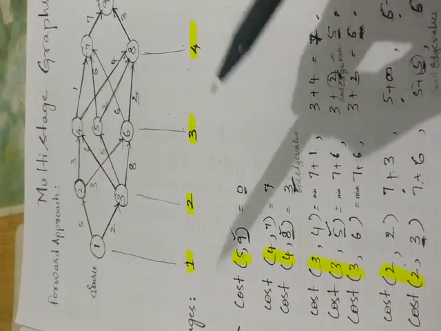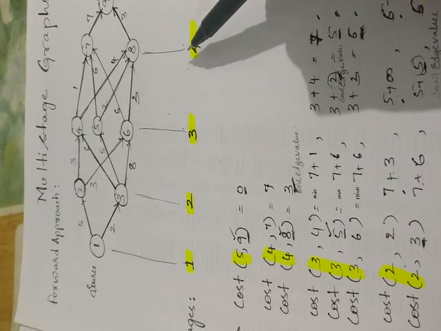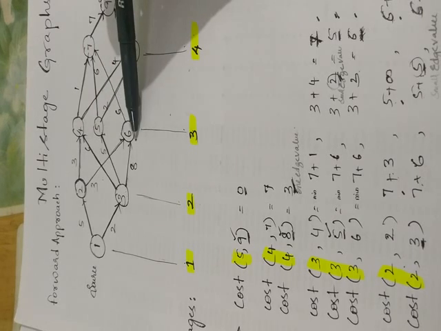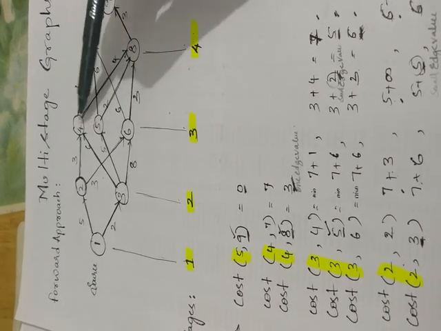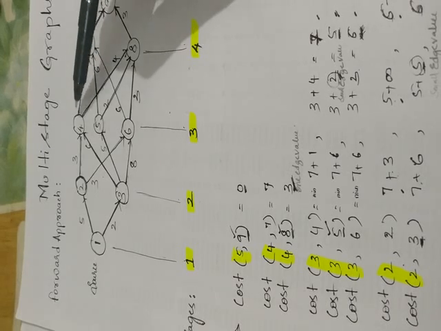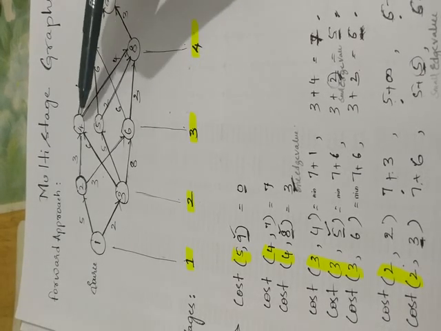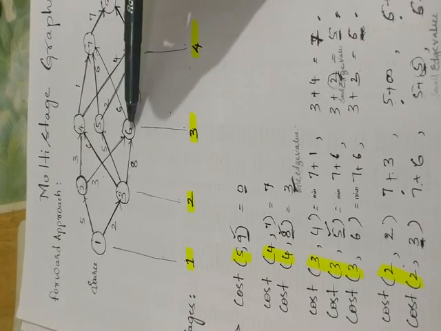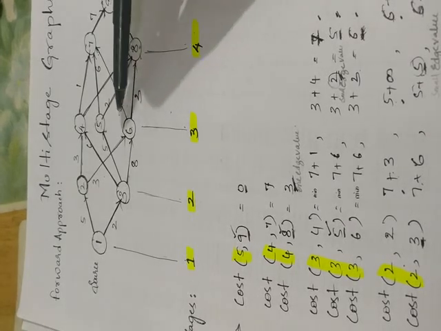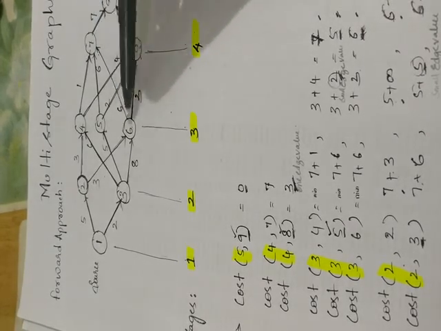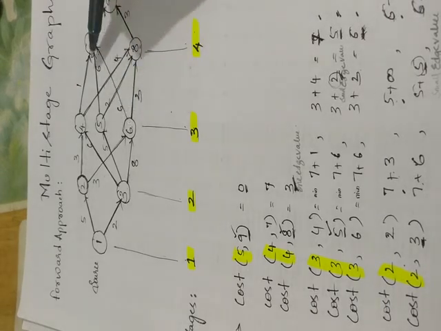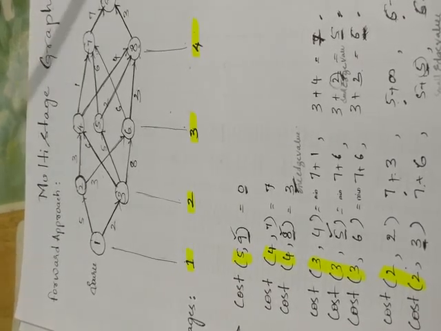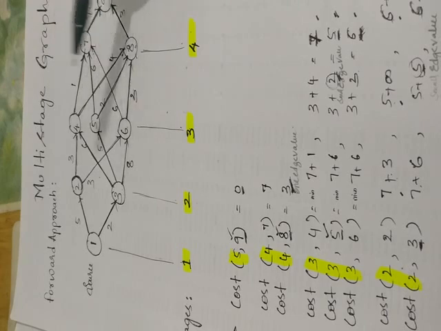Next, from the 4th stage we will move on to the 3rd stage. In the 3rd stage, what are we having? 4, 5 and 6. Each one is having 2, 2, 3 paths. From 4 to 7, I have one path here. 4 to 8 is one edge. 5 to 7 is one edge. 5 to 8 is another edge. 6 to 7 is one edge. 6 to 8 is one edge. Let us see which is the edge that I have to select, which will be the minimum edge.